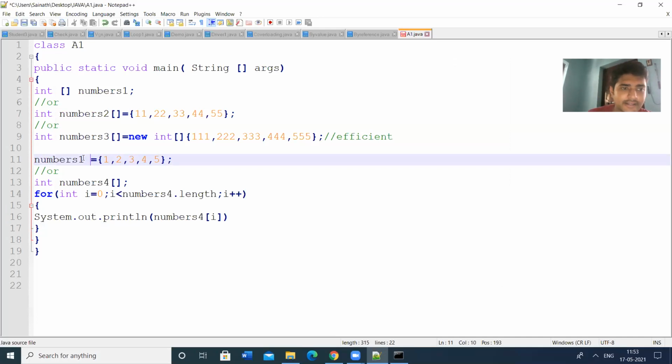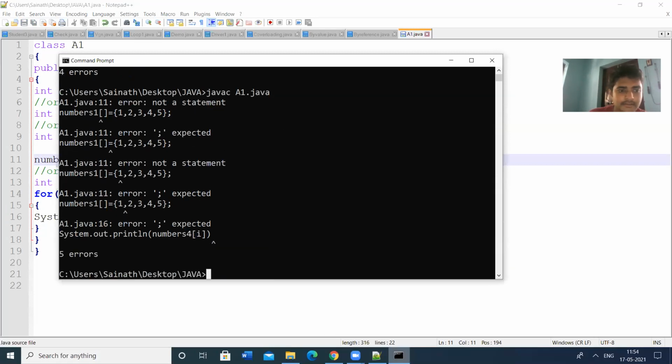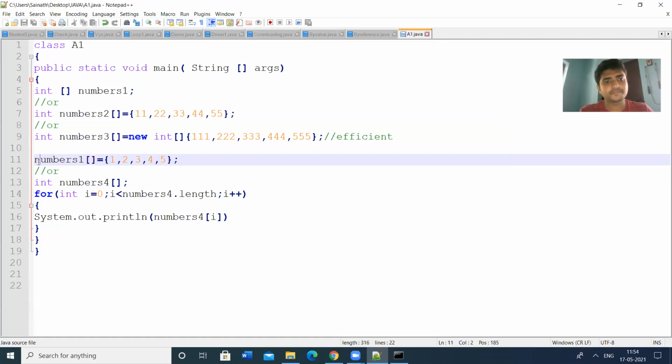Since it is an array, let us give this index. Save the program. Compile it. Not a statement, numbers 1, line 11.